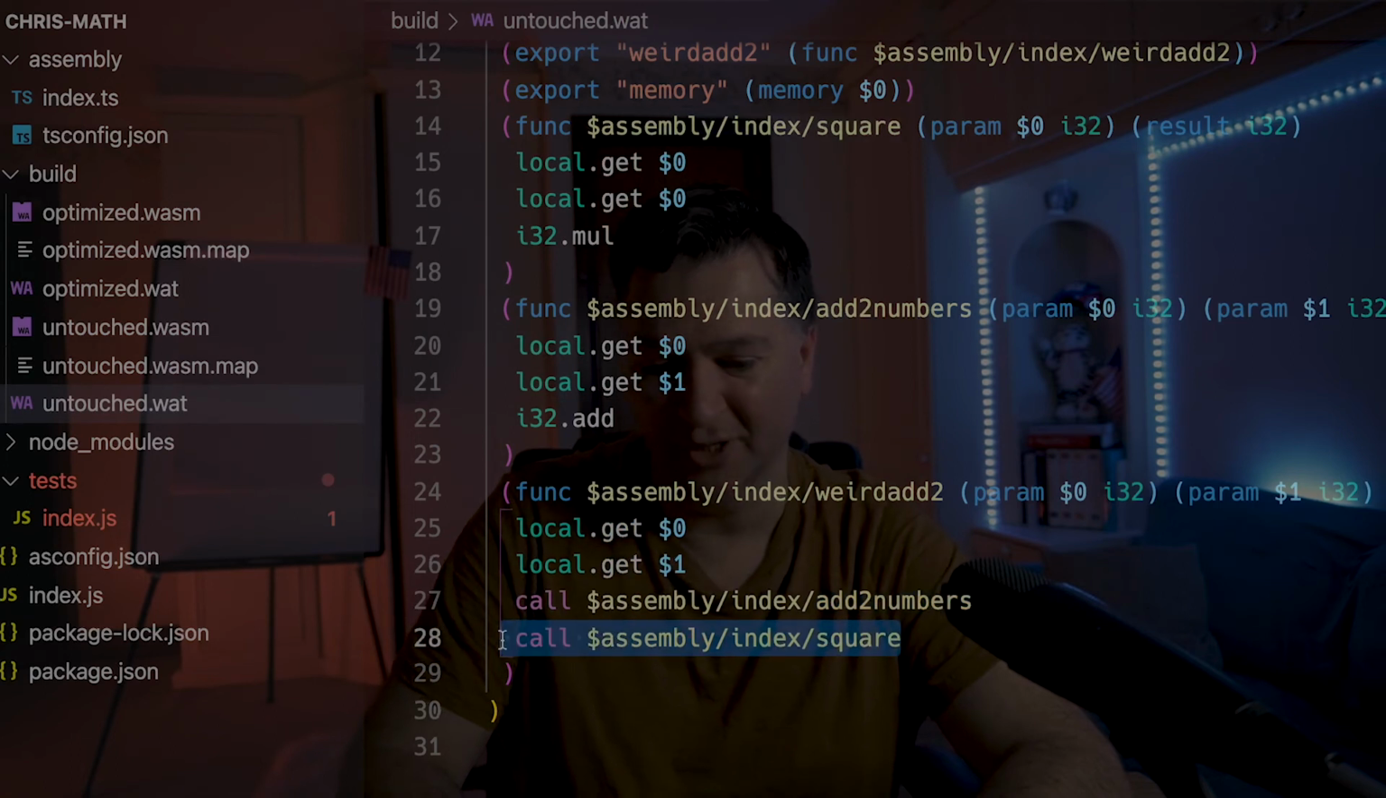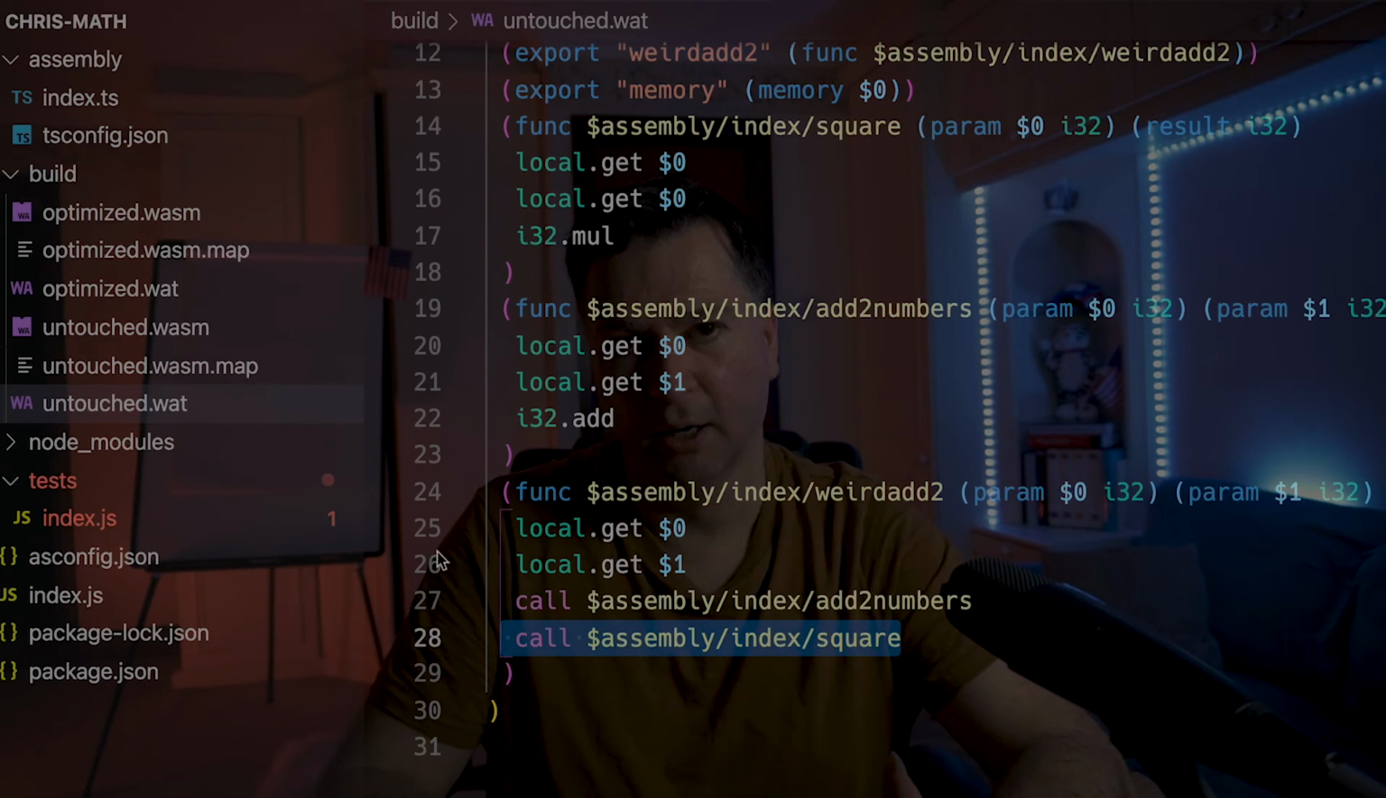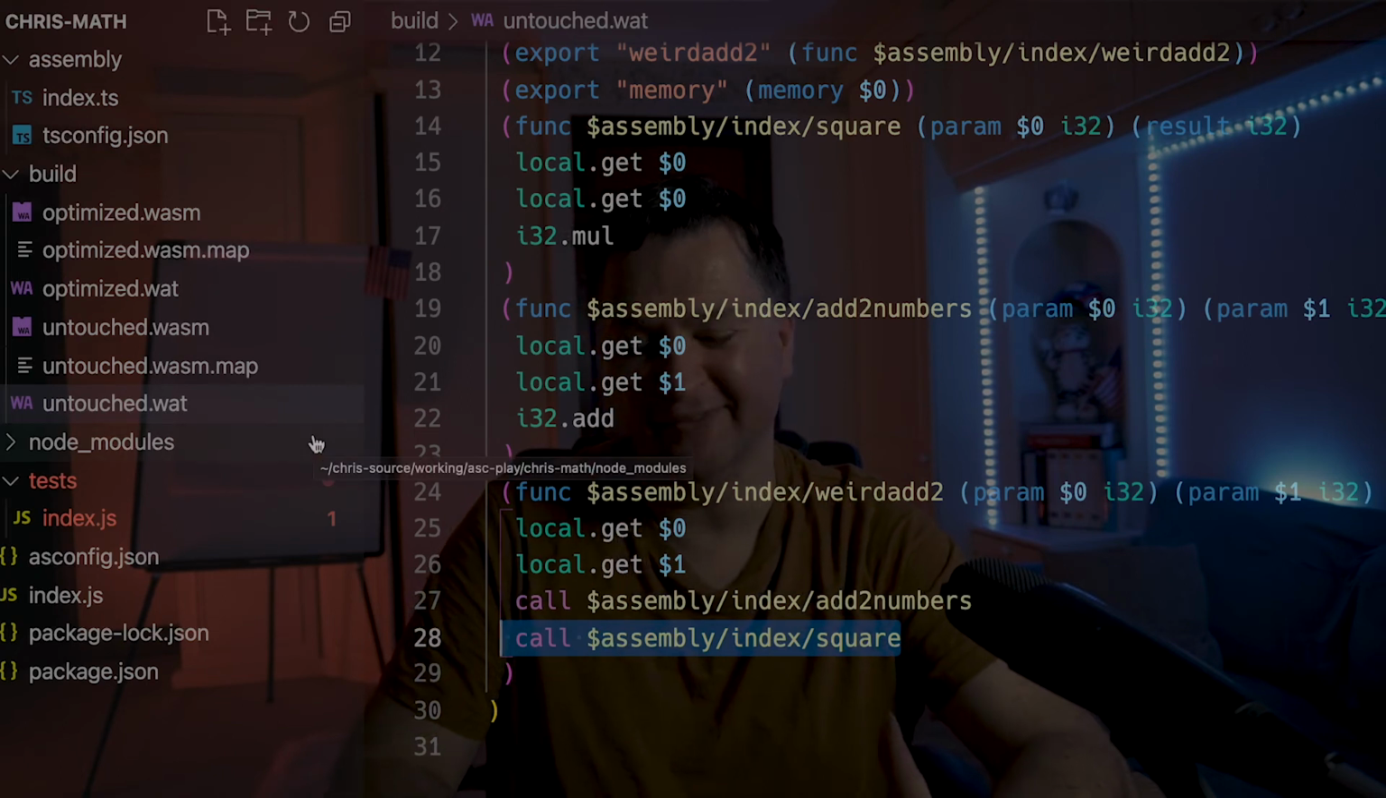I called add two numbers, and then I called square. So there's quite a difference between the unoptimized version and the optimized version. And this, again, probably starts to tell you the power of having high-level languages. And if you think of the evolution of languages over time, it's that